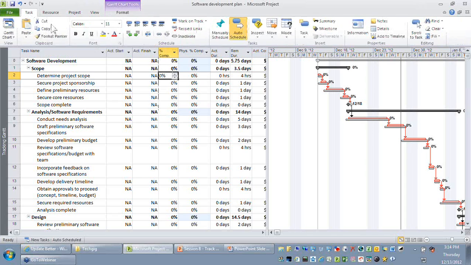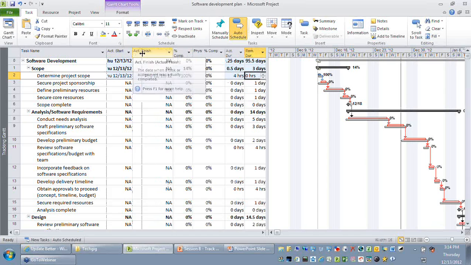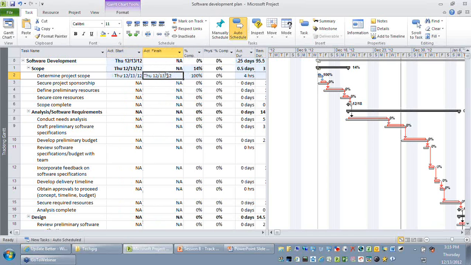The second one is you can go to the task ribbon where you can see there are a few percentage complete options available. So you just need to choose that this activity is 100% complete. So the moment you say that 100% complete, you can see that the activity's remaining duration is 0, and you can see that the project has automatically calculated the start date and the finish date of that particular task.